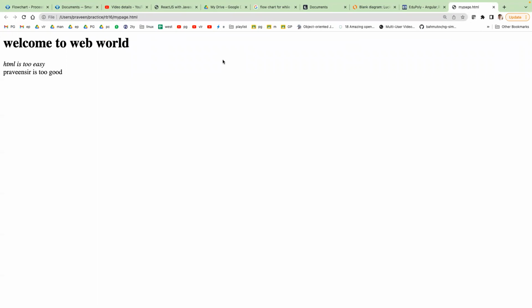I want Praveen sir in strike. Not only Praveen sir, the whole content should be in strike. That means a cross line. How can I do that? You can guess it. There should be a new element. What is the element? Italic is I. U means underline.